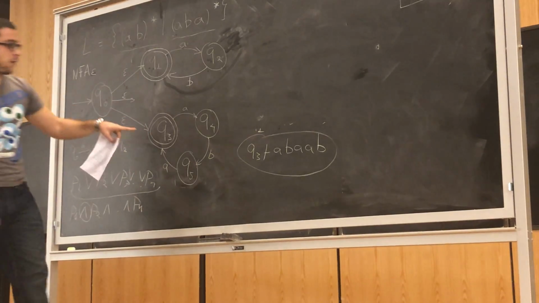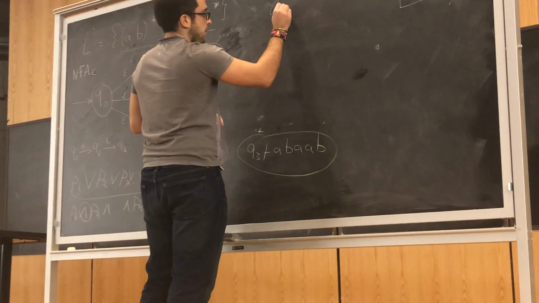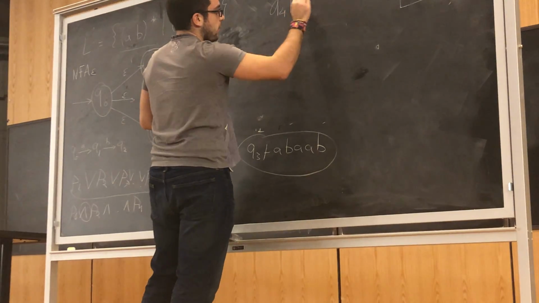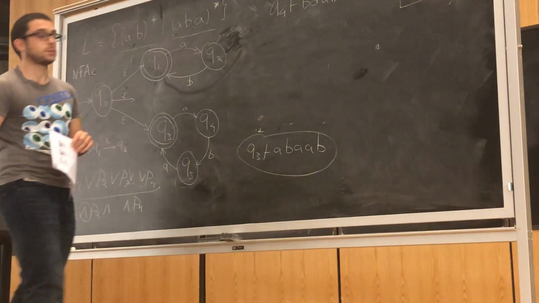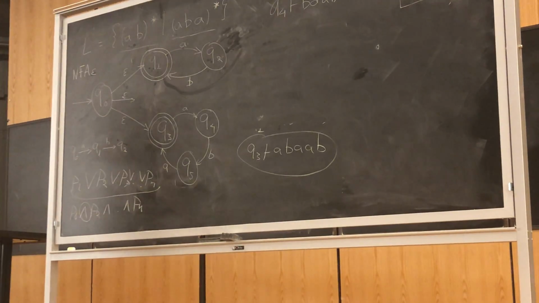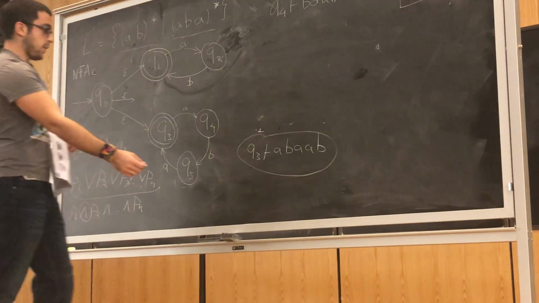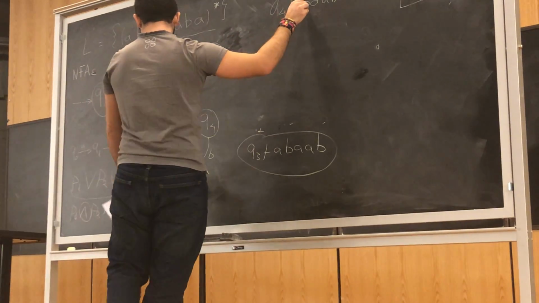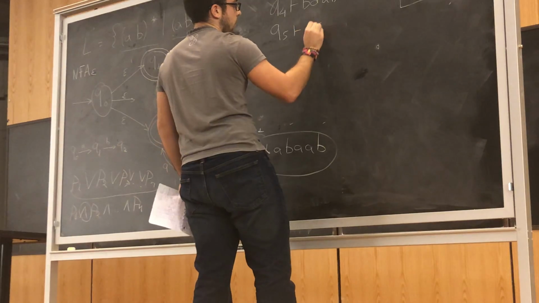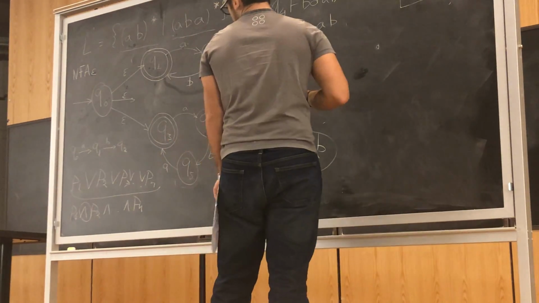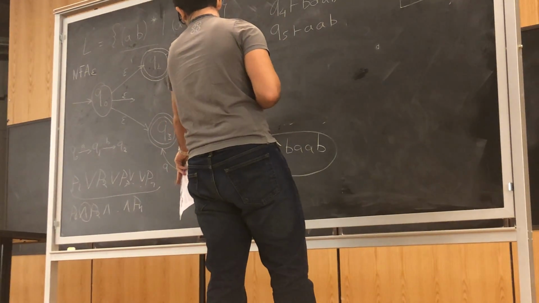With an input of A, we get where? Q4 with the rest of my input. Right? With an input of B from Q4, I get to Q5. With an input of A from Q5, I get to